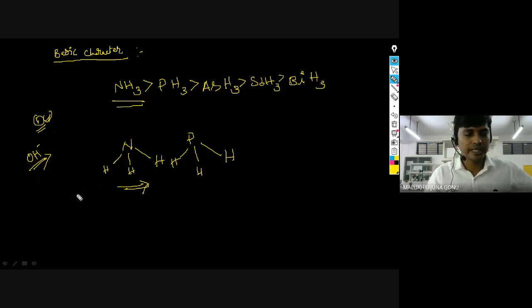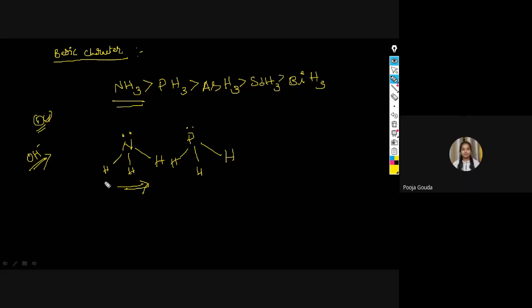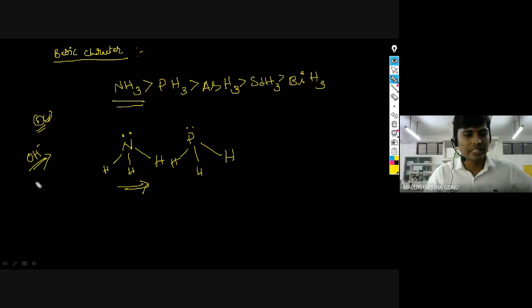Pooja, can you tell? It is having the lone pair of electrons. What is H plus ions, which releases the H plus? I am talking about the base. Okay, this is the Bronsted acid, Bronsted base concept: which releases the H plus ion is the acid, which releases the OH minus is the base. Yes, Rohini was about to say something. Yes, Rohini, tell me.